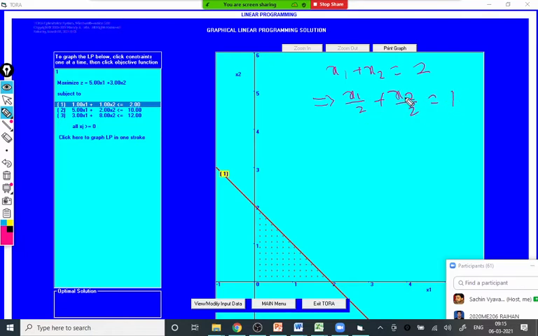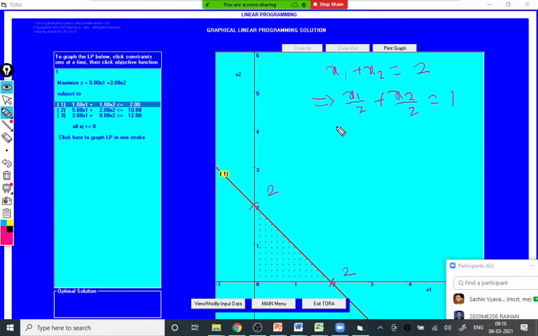So it is the x upon a plus y upon b is equal to 1 form, and in that case this intersects the x1 axis at 2 and it intersects the x2 axis at 2. So this is the point 2 on the x1 axis and point 2 on the x2 axis. This is another way to take points on the coordinate axes, and you can draw a single line passing through those 2 points. You get that first straight line.